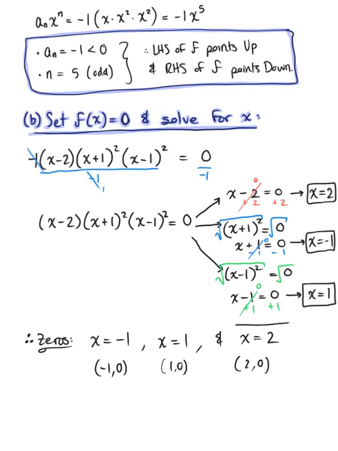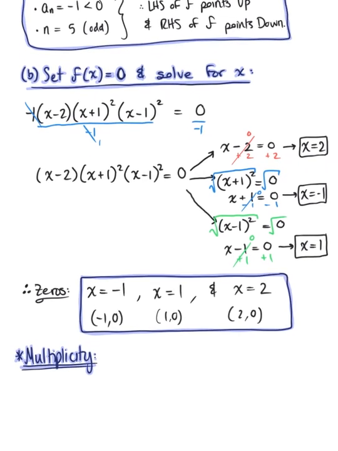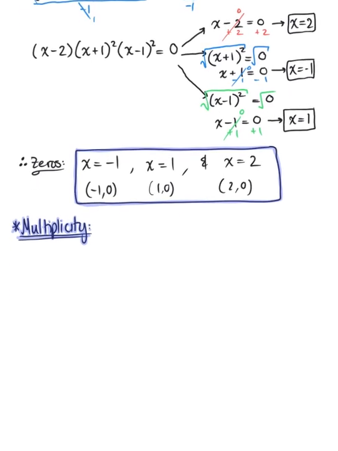So we'll keep those ordered pairs in mind because in part D, we need to sketch a graph. But first, before we can sketch a graph, we need to think about the multiplicity of each one of these zeros and how it's going to affect the behavior of the graph at the x-axis. So giving ourselves plenty of room here,